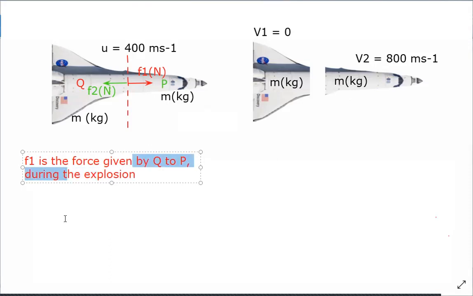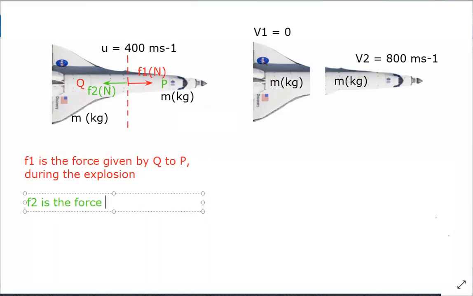Got it? Then F2, I'll use green color for it. F2 is the force given by P to Q during the explosion,